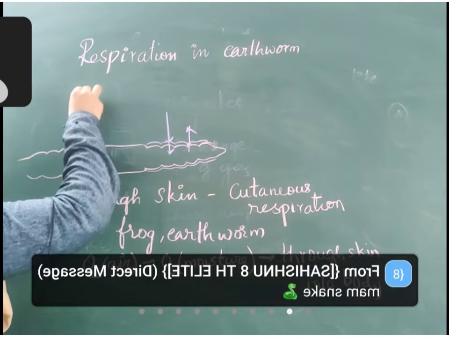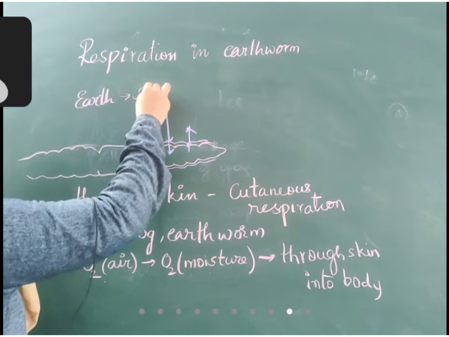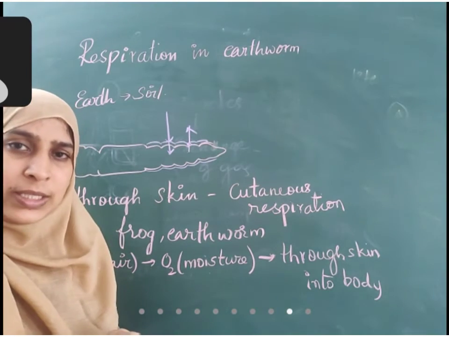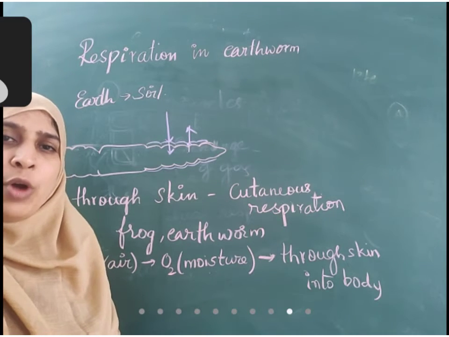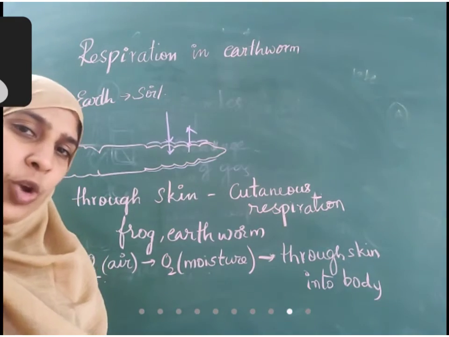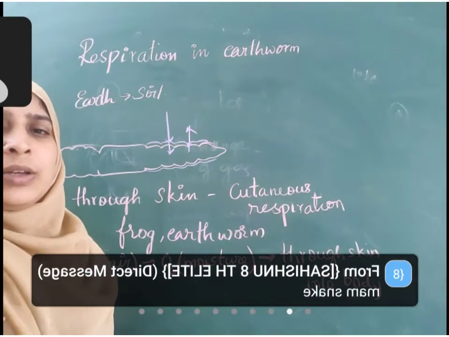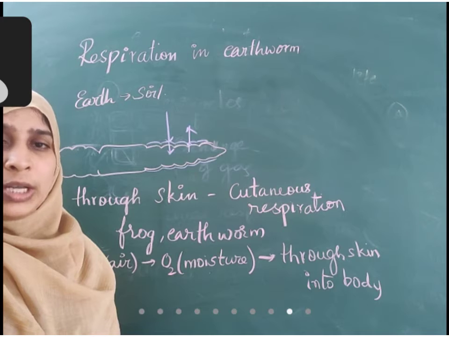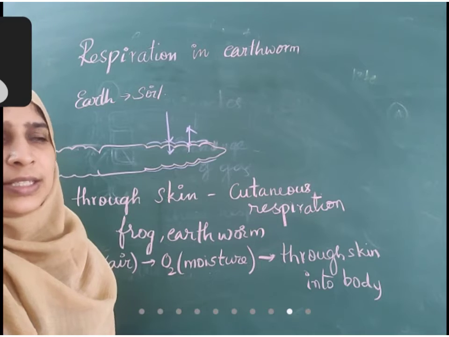You might have seen earthworm always grows into the ground, into the soil. Why? There is moisture in the soil that helps to keep its skin wet. If it is in the open air, there is more chance for evaporation. To avoid evaporation of moisture, it goes underground to keep its skin moist. The same thing happens with frog also. Frog at very regular intervals jumps into water. Why does it jump in water? It should not get its skin dried. That is the reason.